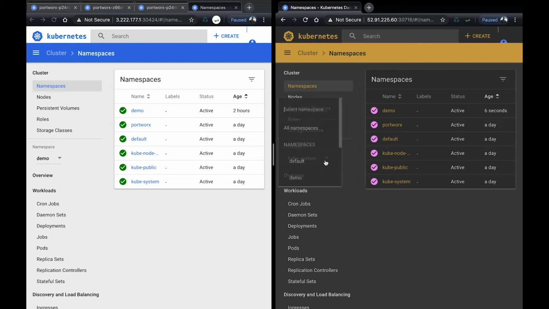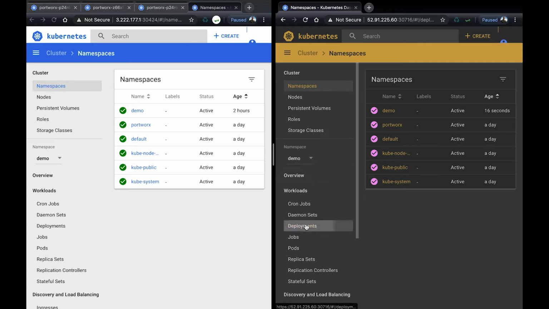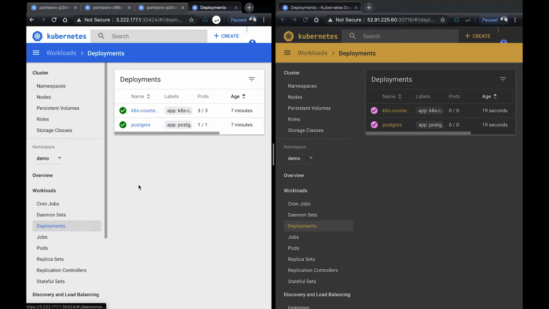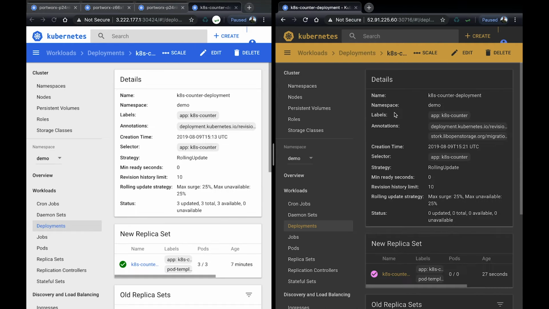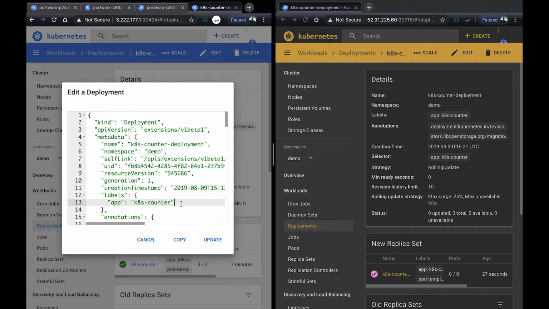That's because the replication is now moving objects of Kubernetes, such as deployments and pods and secrets, from one cluster to the other in case of a disaster scenario. To show this, we can go to the primary site and edit our labels. We can add another label here directly called demo label,